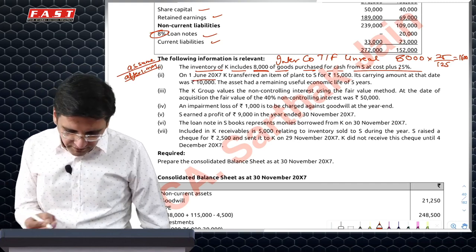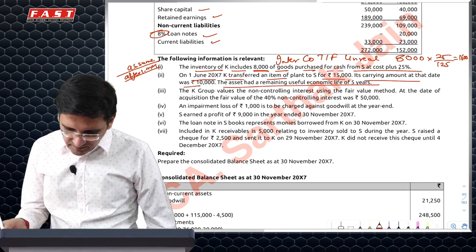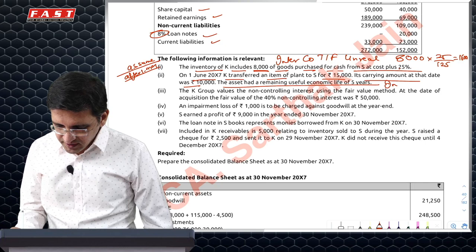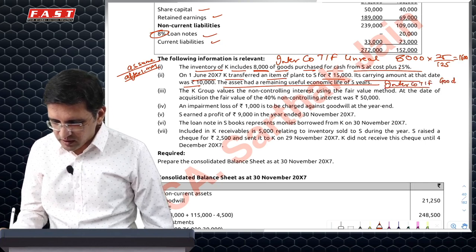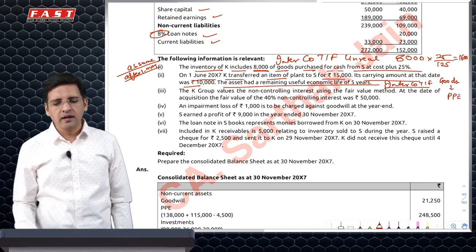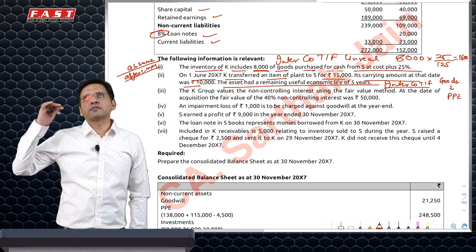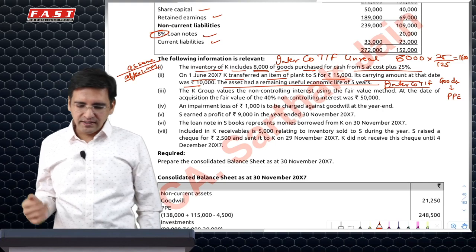Then 1st June, which is after 1st of May, K transferred an item of plant of 15,000 and remaining life of 5 years. So there is another intercompany transfer, but this is basically a case where sale of goods is leading to purchase of PP. One good adjustment. You should practice this one as well. So in this case, we'll assume what was the cost to the group, and based on that, what should have been the value at which plant would have been recognized on